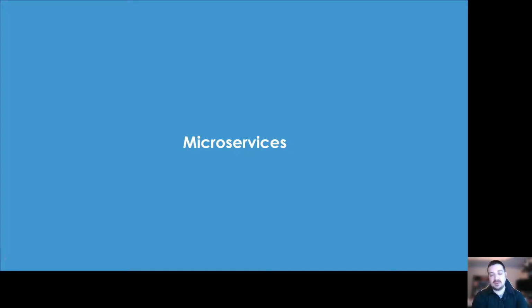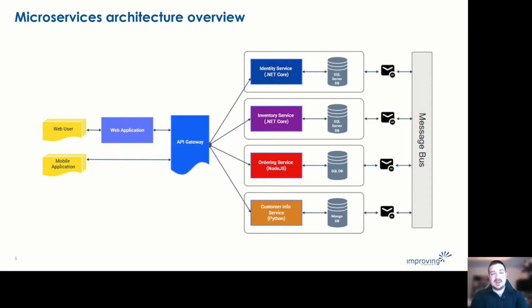So let's talk microservices. This is a typical microservice architecture. You've got your users, maybe on a web browser coming through a web application or a mobile application, and either way those communicate through an API gateway to many different individual services. Each one of those services is not only in charge of providing the application functionality, business rules and logic, but ideally it also manages its own entities, its own data.